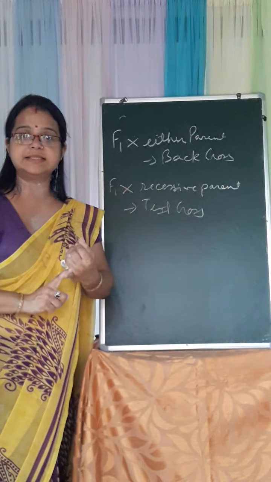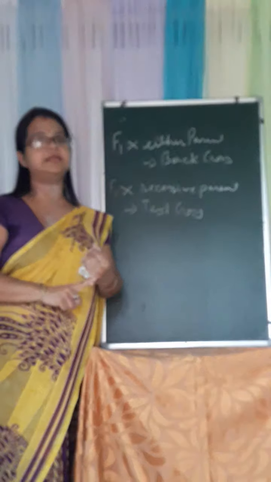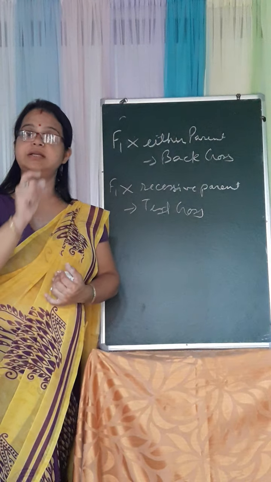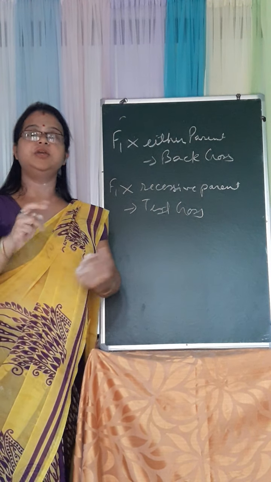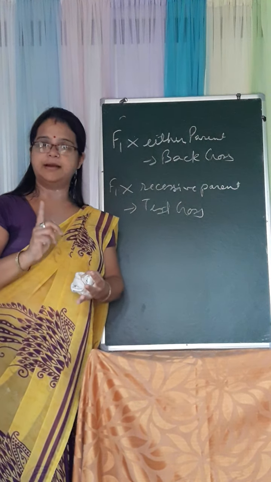So go through Mendel's monohybrid cross. That is important. You have to study it and practice it properly: how we can find it easily, how we find the F1 and F2 generations. While doing the cross, remember you have to mention the phenotypes. You know everything, I know everything, it doesn't matter, but while you are writing the answer, you have to mention the phenotype.